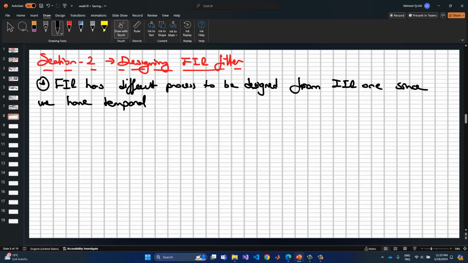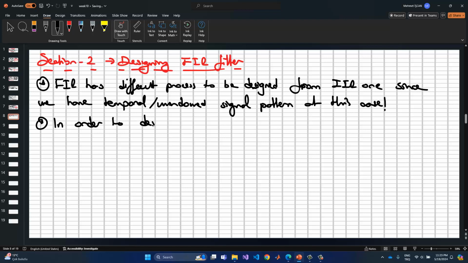the temporal, or in technical terms windowed, signal pattern here, because we have only feed-forward terms collected from the input signals. So we need to apply the windowed signal pattern to analyze or filter these signals. In order to design an FIR filter,